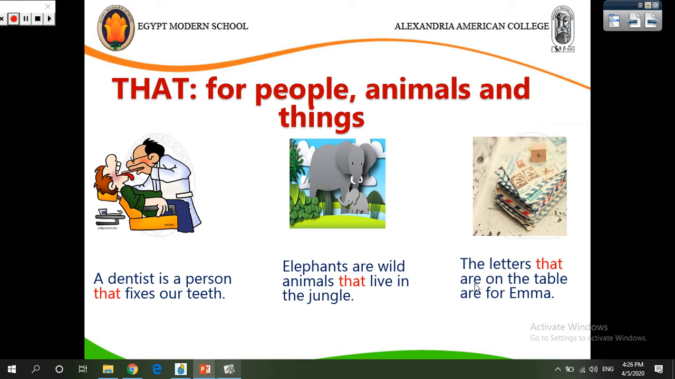The letters that are on the table are for Emma. We used that here, and remember, previously we used which. So we have here that we can use with people, animals, and things. Next,